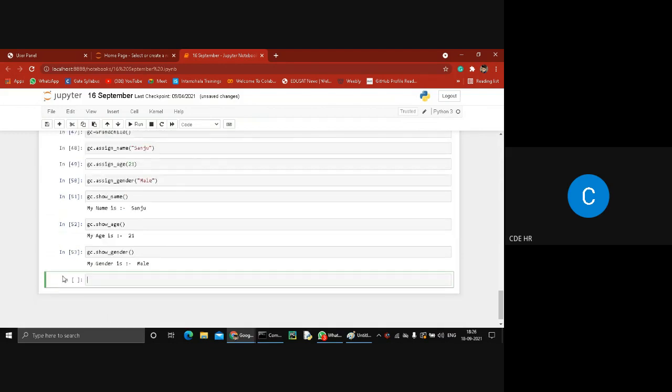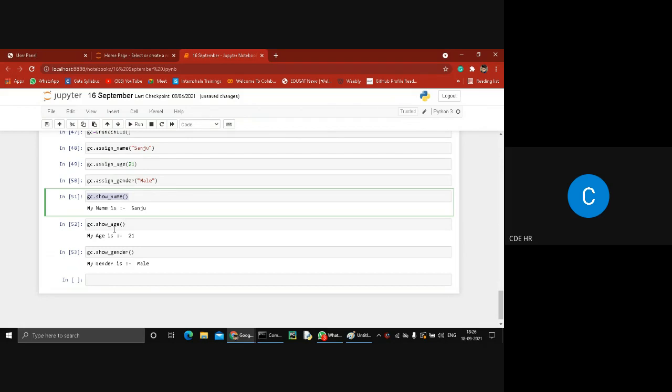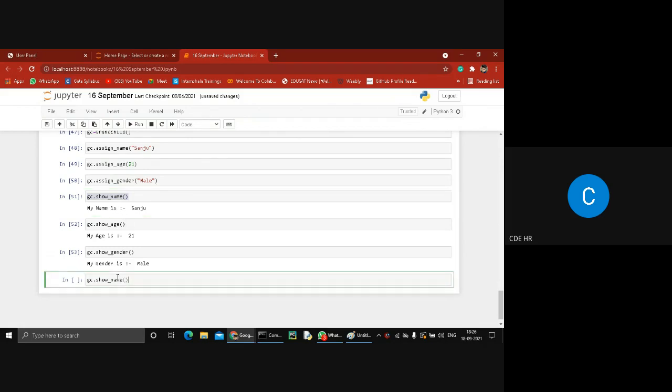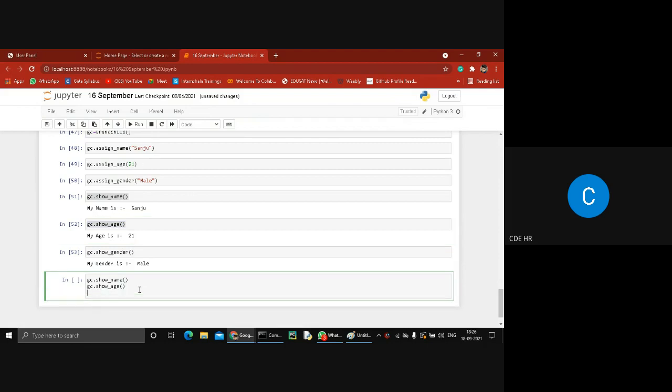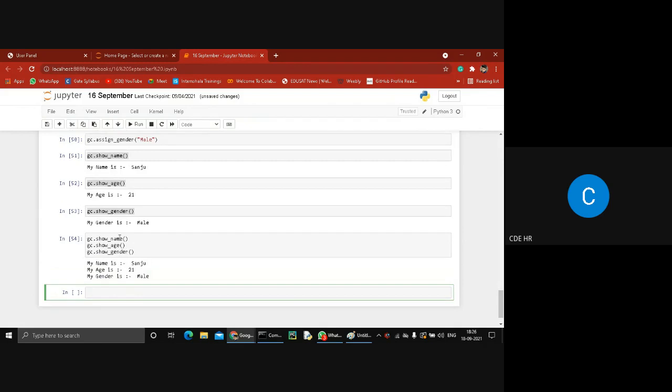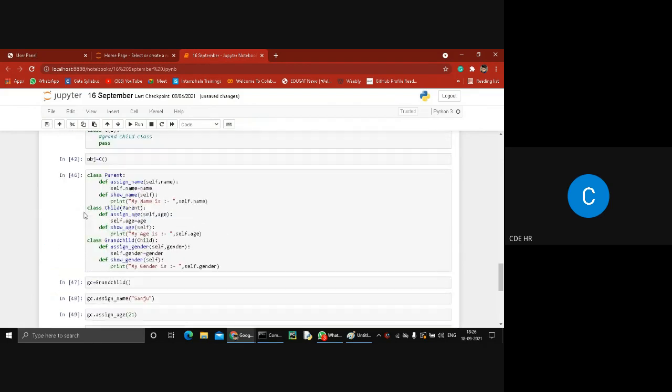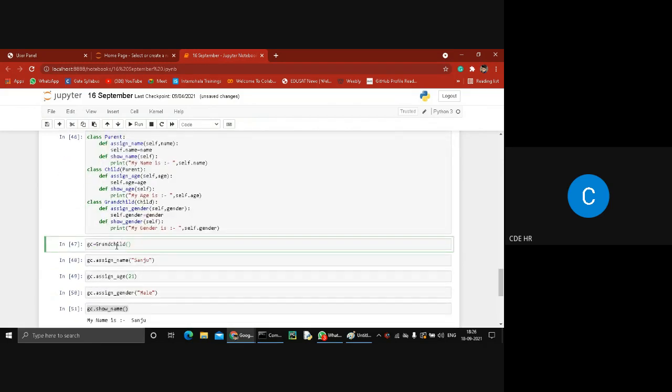You see, we have successfully printed my gender. Now you see, we created an object of only the grandchild class, but we fetched the data of all classes: the child class as well as the parent class, and also the grandchild class.